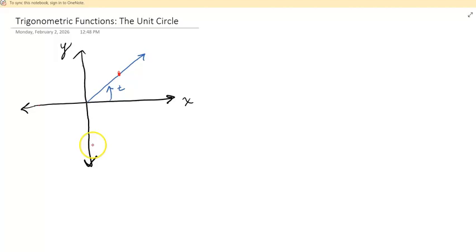So, if I draw a circle that has a radius of 1, I'm going to make it nice and big. So that means that's 1, that's 1. This over here would be -1. Of course, that would be -1 on the y-axis. But everywhere that particular circle has a radius of 1, so that means the distance from the origin to there is 1. Now, if you were to draw a triangle that touches the unit circle, hypotenuse stops at the unit circle,